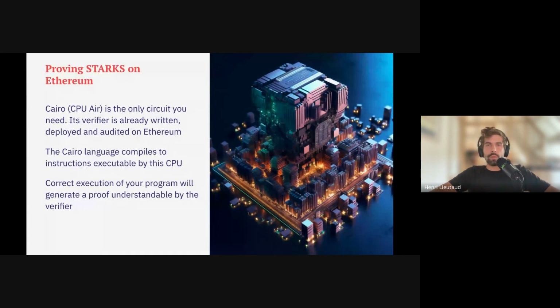Maybe you've seen those things where people designed a CPU in Minecraft, right, with blocks, or some people designed CPUs with wooden parts, right? Well, it's just a state machine that allows you to express any kind of computation on top of it. Well, in that case, it's computation over polynomials that you can then get to prove. One circuit to rule them all. I kind of like that line.